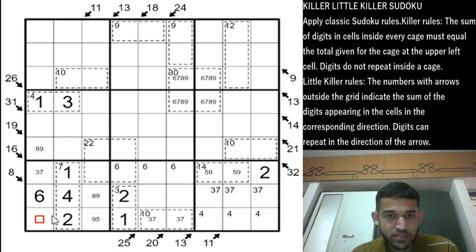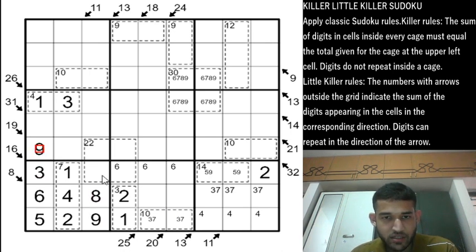Sorry. So this cell has to be a 5, which means this cell would be a 9, and this would be a 3, and this would be an 8, this would be a 9, this would be a 7 using classic rules, and this has to be 4 6 8 in some order, and this will be 1 3 7 in some order. Using classic rules, I have filled out the left out digits, and this will be 5 1 9, and this will be 4 6 8.